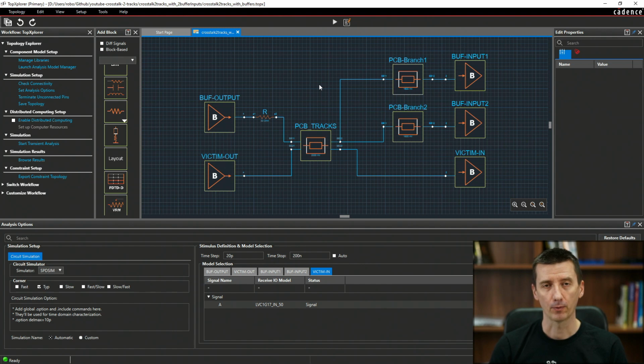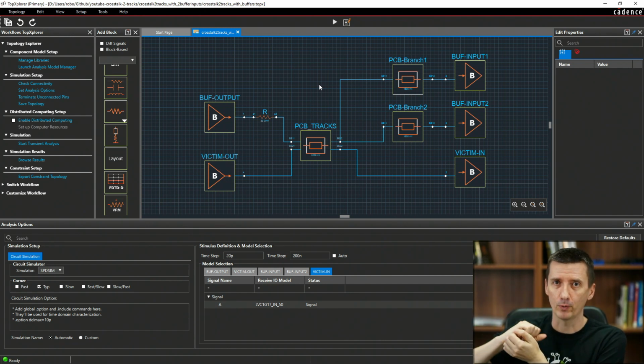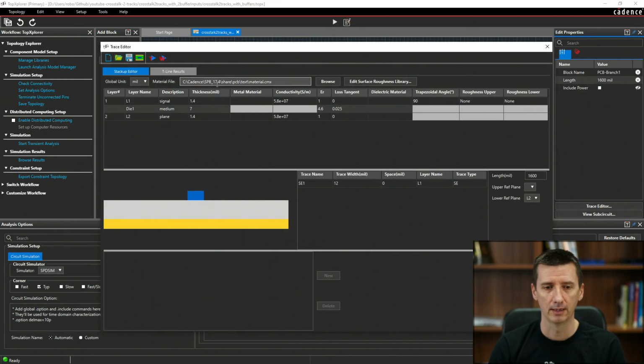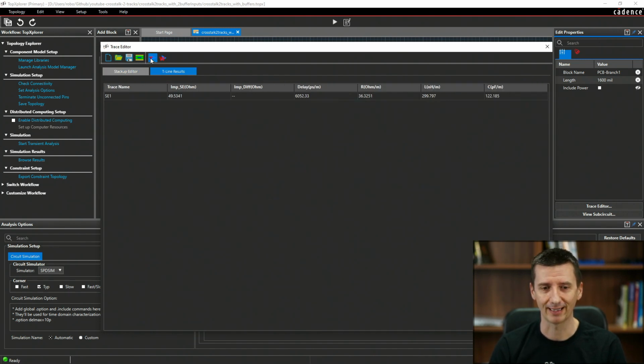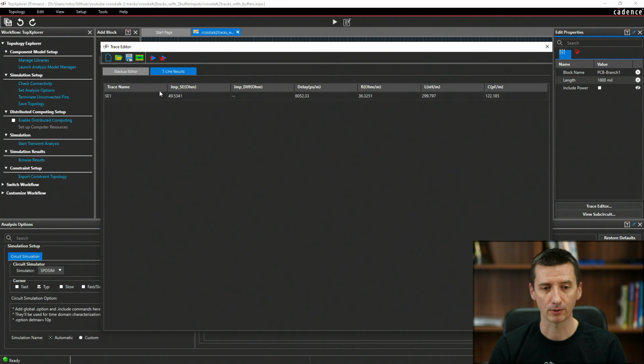We have not only brought the ground plane closer under the tracks, but we also changed the impedance of the tracks. And when you have a look, I improved the impedance on the tracks to be, you can guess, 50 ohms. Okay, so when I press this button, which is here, it calculates the impedance of the track based on this stack up and the dimensions of the track. And you can see our tracks are now 50 ohm impedance.